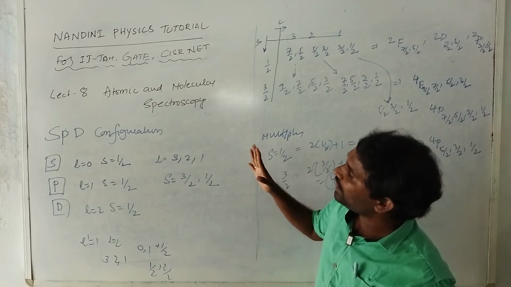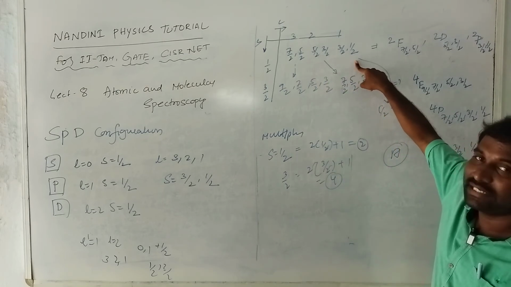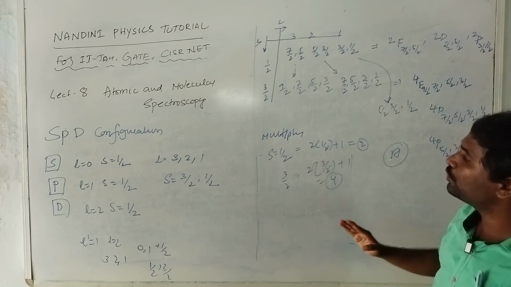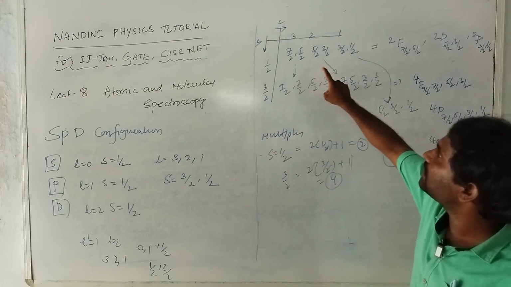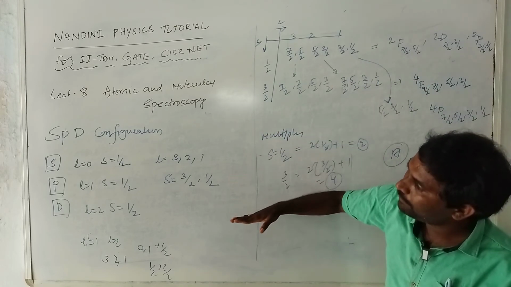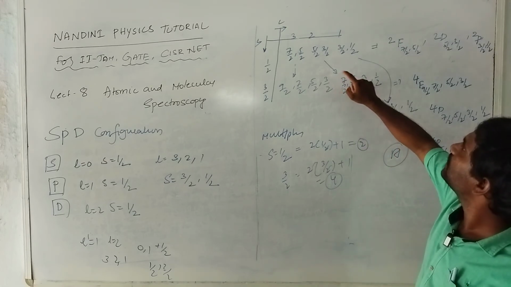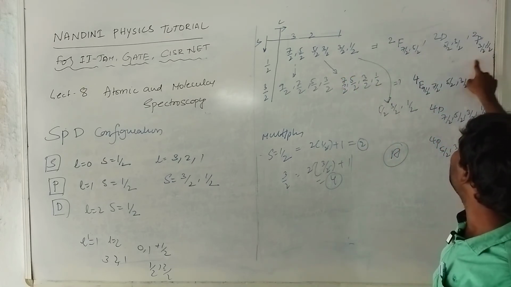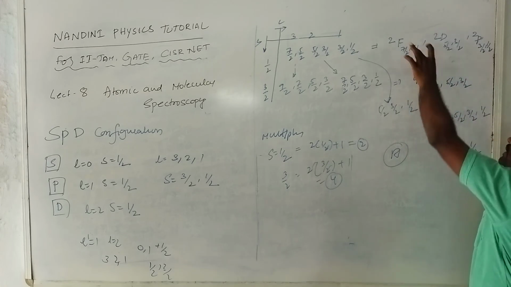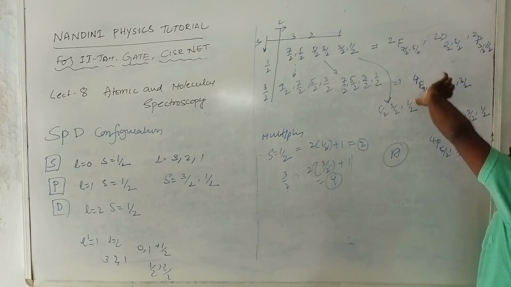Okay. So in each case the spectral terms will be splitting. So this is the splitting, how they are splitting by using the spin orbit interaction. So due to spin orbit interaction, these terms will be splitting. Okay. So in SP configuration you will see, in PD configuration you will see, in SPD configuration. So in SPD configuration, this first term is completely doublets and second term is completely triplets. So these are all triplet states. Okay. These are doublets. So the first state will be formed doublet and this is the triplet.